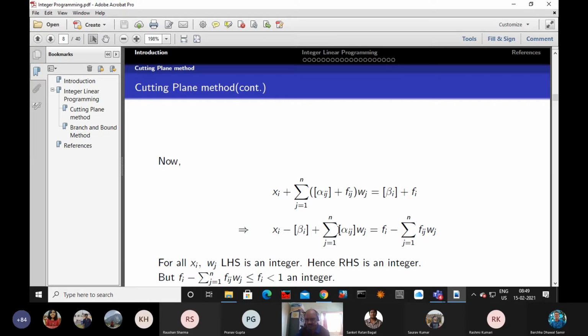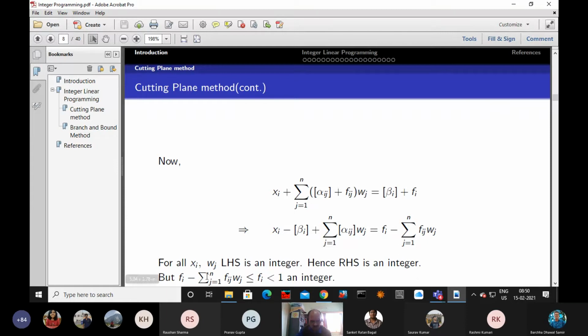And what about the right? On the right you will keep fi, which is fractional, and fij, which is fractional. So summation of fij into wj, j varies from 1 to n. This is fractional. This is integral and this is integral, and this, as you know, is fractional, but together they are equal. Why equal? Because this is a plus term, this is a plus term, this is a negative term, altogether it is an integer, and on the right hand side this is a positive term, this is a negative term, together they are an integer. Left hand side is integer, right hand side is integer. That is the argument.